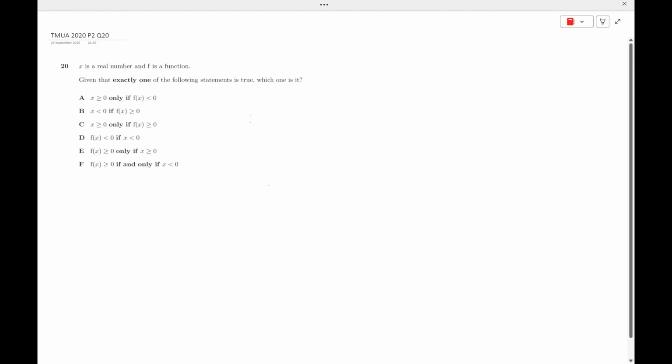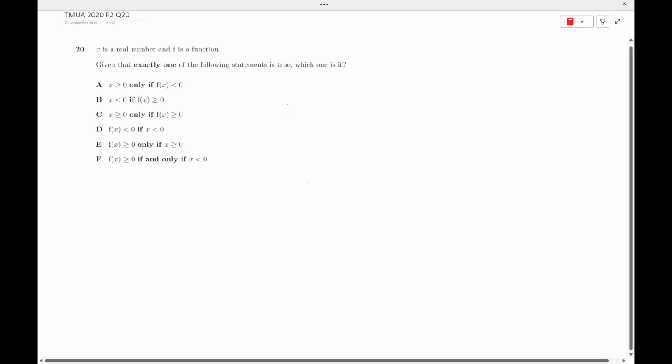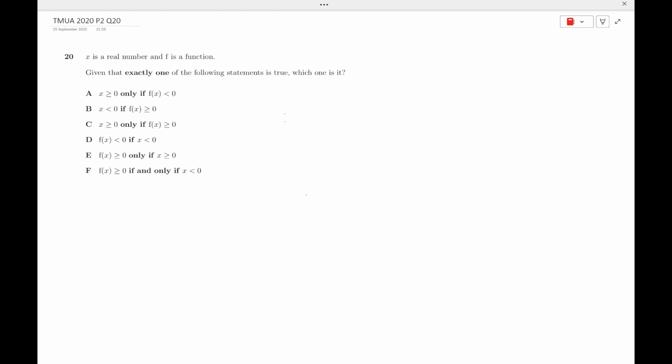Hi, so this is question 20 from the TMUA 2020 paper 2. Now, these kind of "if and only if" questions always cause a problem. What's important here is this language of "exactly one". You can almost guarantee that if you see the language of "exactly one is true", you're looking to find out